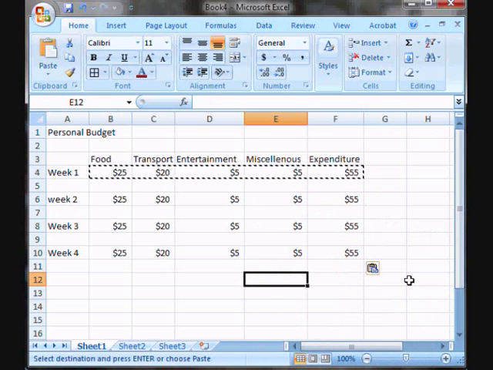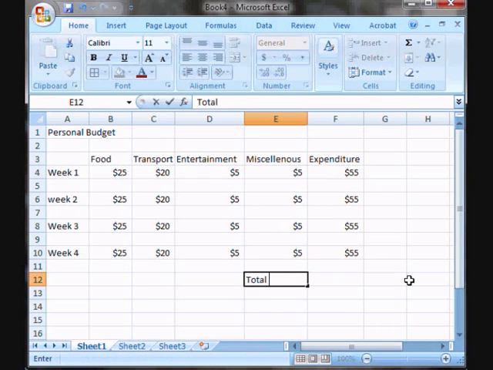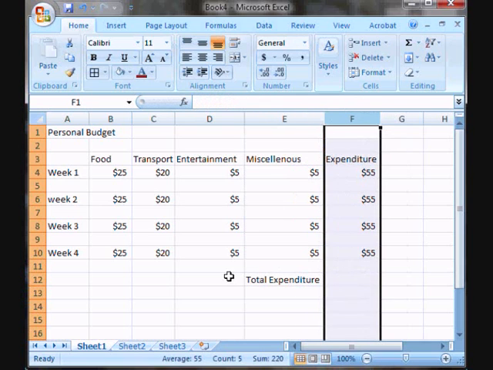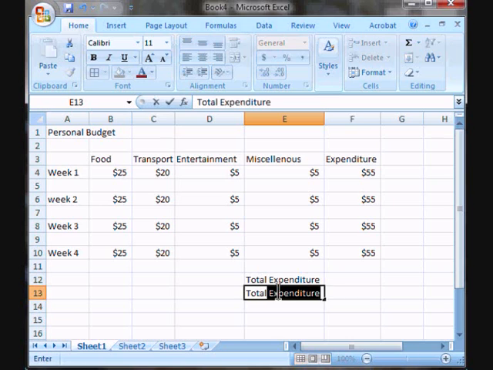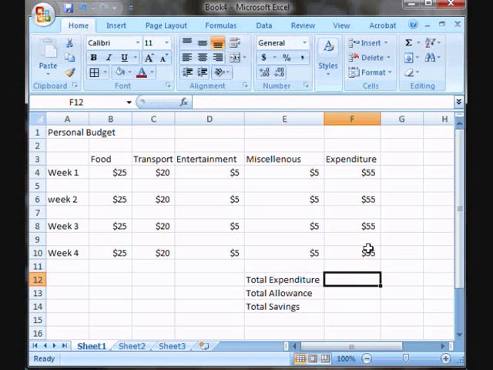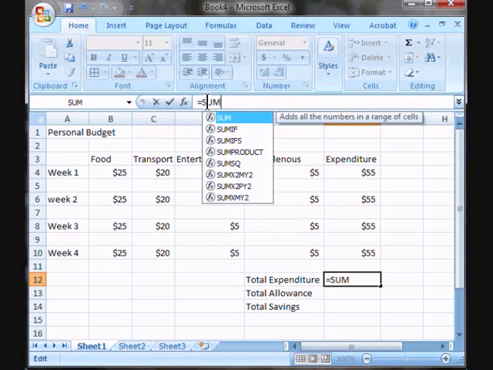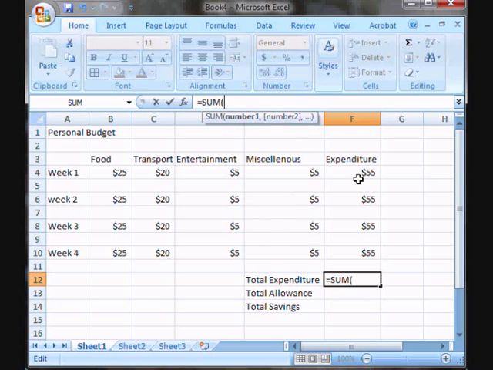Now you can key in your total expenditure for the week, for the month. Your total allowance and your total savings. Similarly, for total expenditure, using the sum function, starting from F4 to F10,